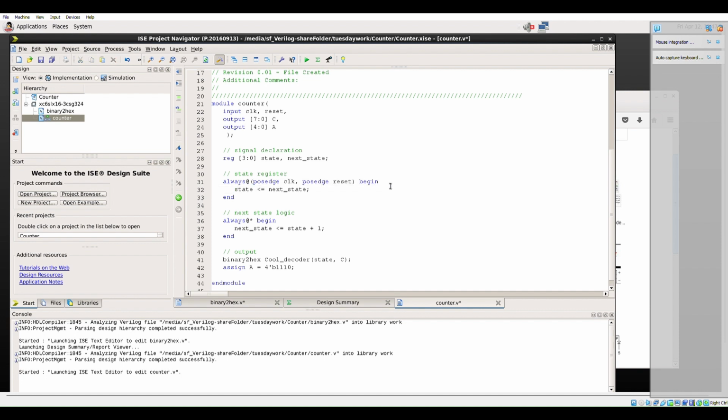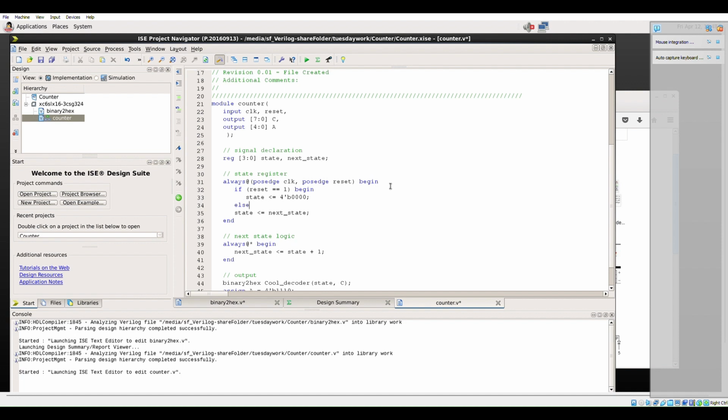To your surprise, you can actually write if statements in an always at block. So if reset equals 1, begin, state, what do you want state to be? Equals 4-bit 0000,